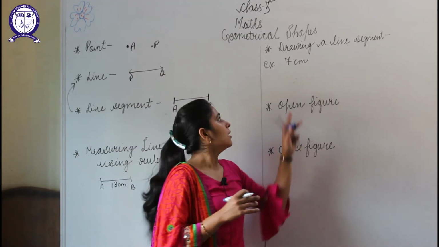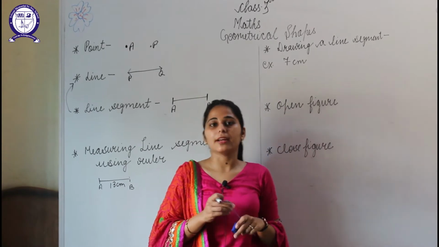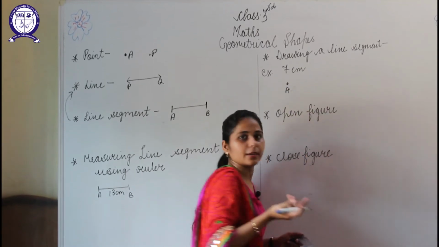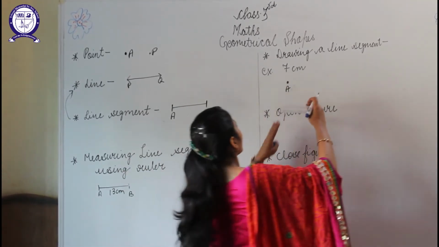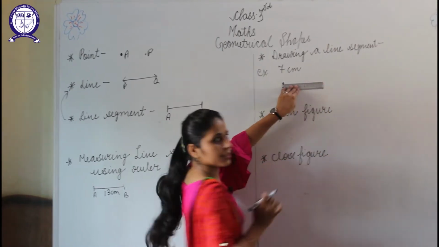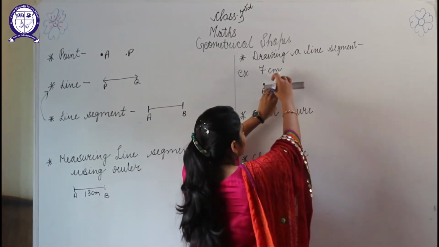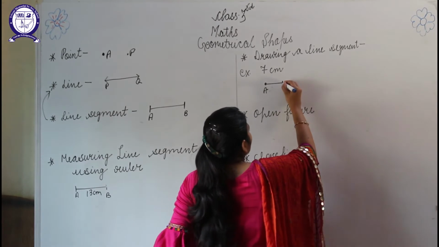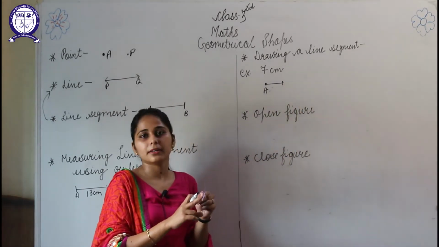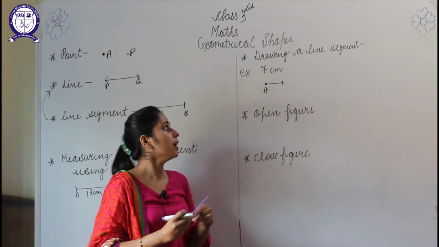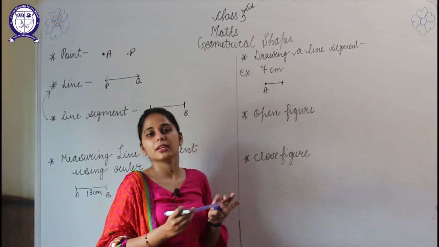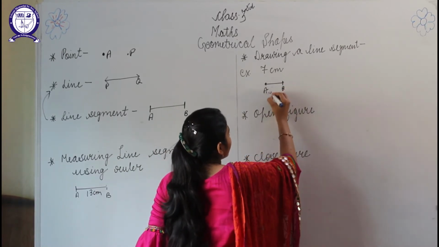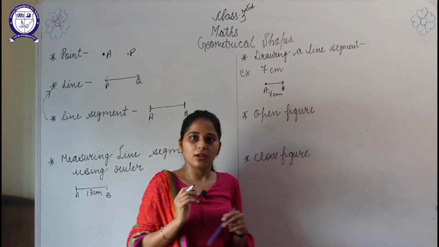Now, drawing a line segment. Suppose I am asked to draw a 7 centimeter line. How will I draw it? Just take a point, students. I am taking this A. Any name you can take from A to Z. Now what I have to do, I will keep this 0 point on this point, and I need to draw a 7 centimeter line. So I'll start drawing and I'll stop where? At 7. Before drawing, look at the measurement, it must be in centimeter. If it is given in centimeter, then you have to take the numbers of centimeters, don't take the inches. Now here it stopped. So this line is 7 centimeter. Is it clear to you?